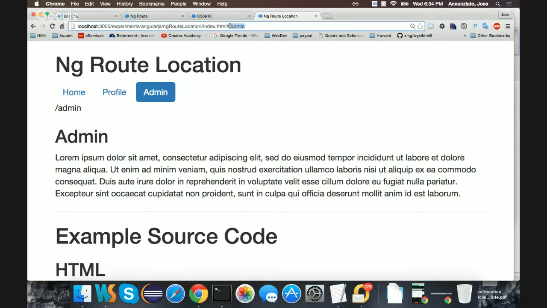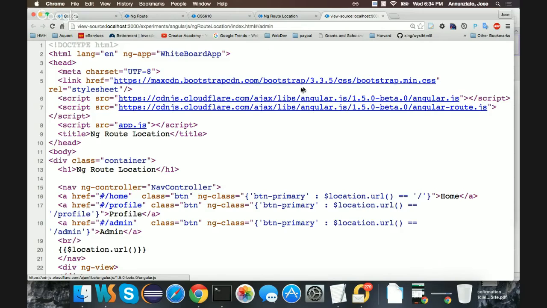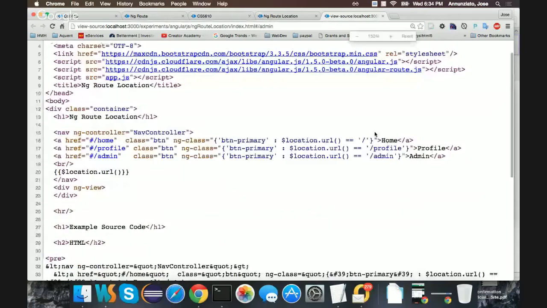Right? So let's look at the source code. Let's see how we do this. So again, we load the bootstrap and the routing, right? And over here we have the hyperlinks. This is the same exact hyperlinks we had earlier. Same exact hyperlinks, right? What the difference is that we have added an additional ng-class attribute here, right, to each one of these. Okay, so the ng-class attribute, right? That's this